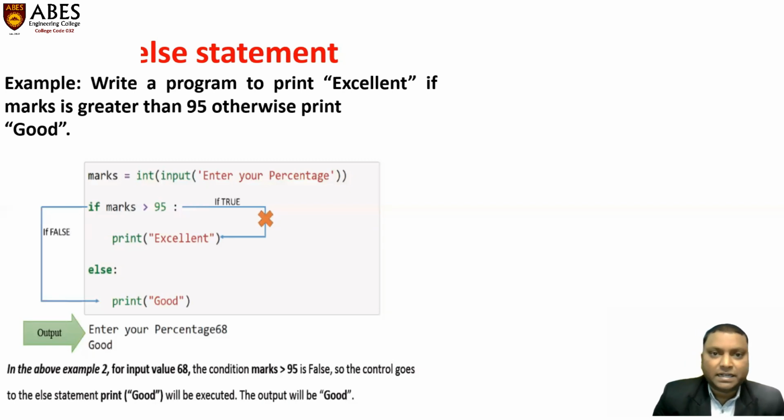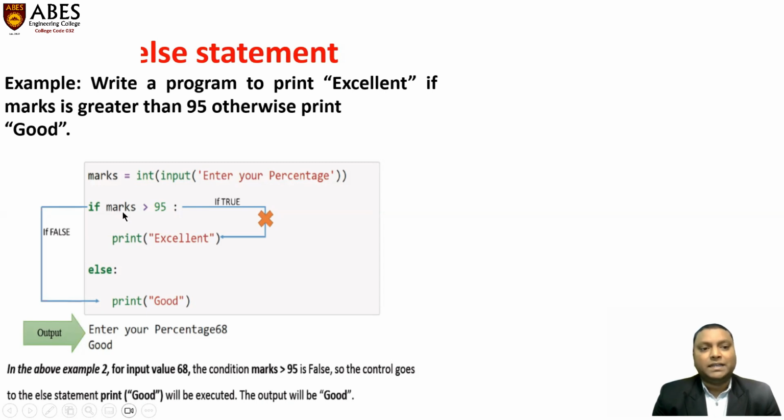If the marks is greater than 95, you have to print excellent. And if the marks is greater than 95 is false, then you have to print good. So here we have taken marks as a variable, which will use int. Marks will be considered as an integer, and with the help of input function, we will get the value of